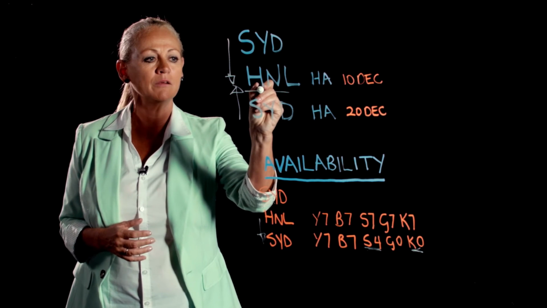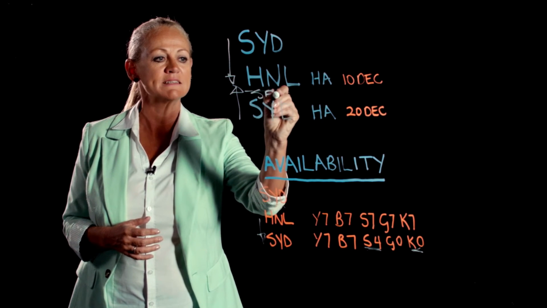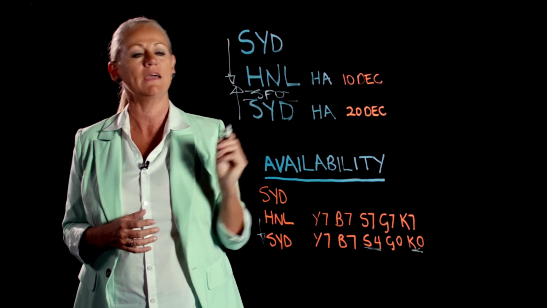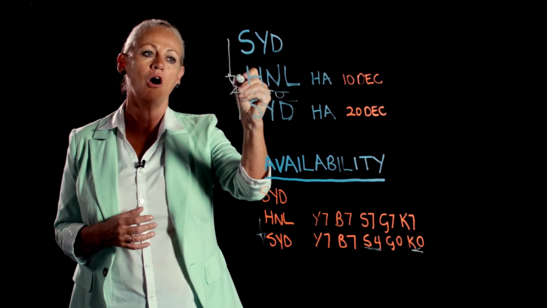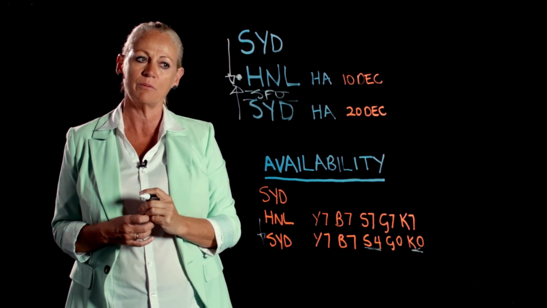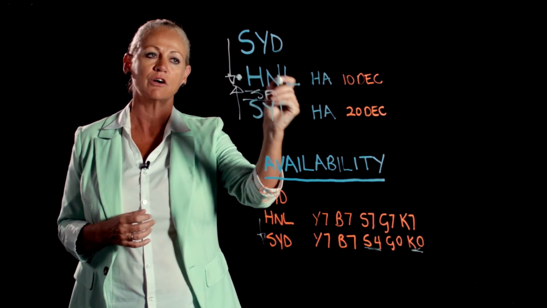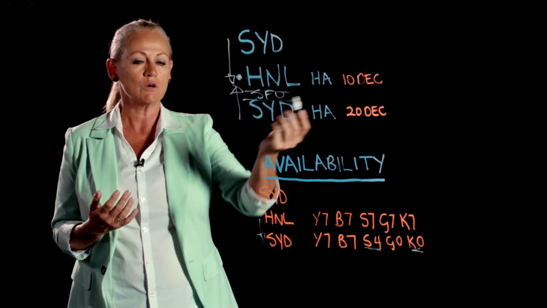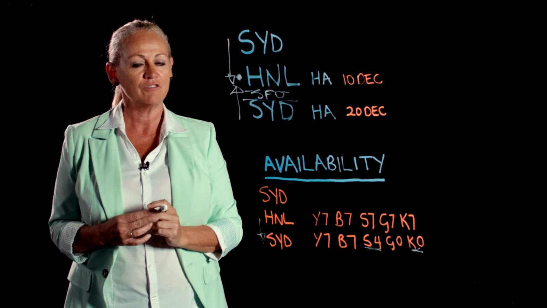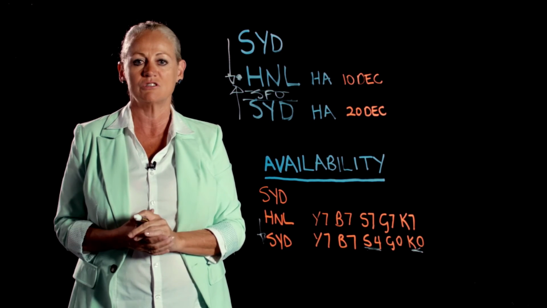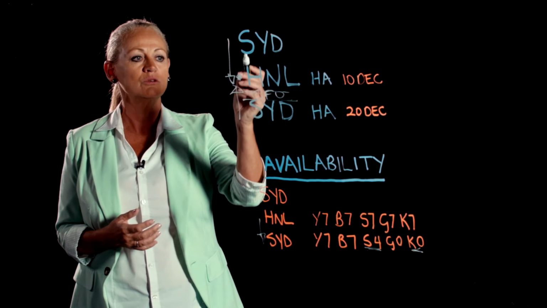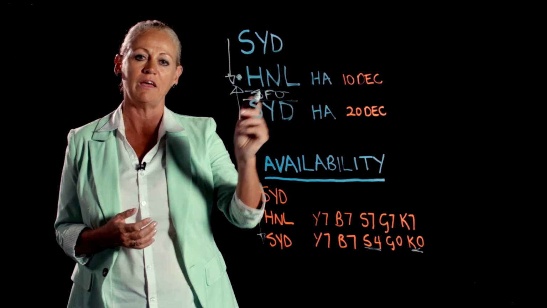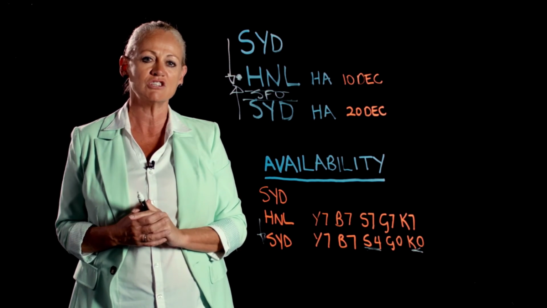But let's just say we actually went to San Francisco, okay? All of a sudden, Honolulu becomes a stopover and San Francisco is our fare break point. That's fine. We'd still use Hawaiian Airlines. We might have to use a different fare sheet, but we'll tell you which fare sheet to use. So you look up a Sydney to San Francisco fare, but in the rules, you've got to check to see,